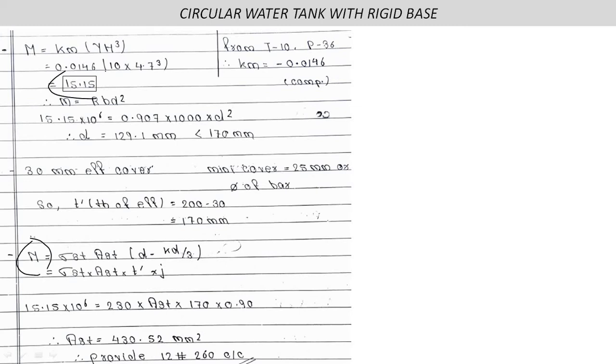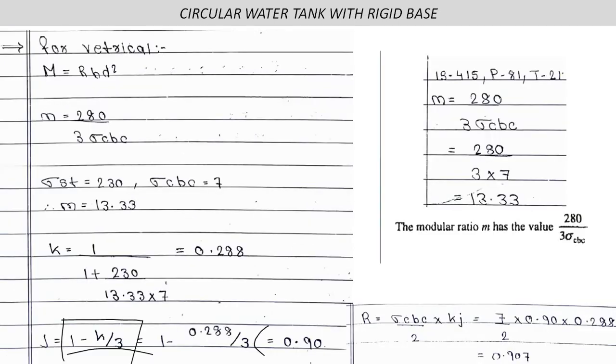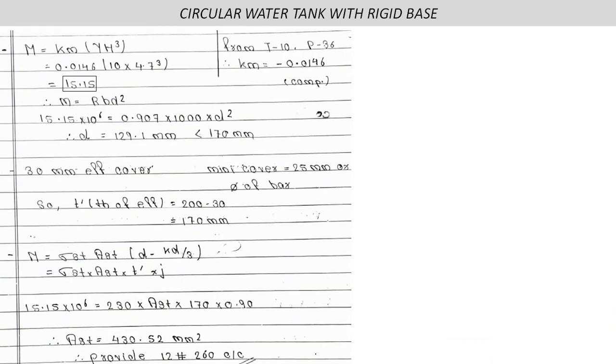So value of M is 15.15 into 10 raised to 6 Newton per mm square, which is equals to sigma st. The value of sigma st from the table of IS 3370 part 2, we will have as 230, and we have to find the capital AST by making it the subject. We also know the effective thickness as 170, we have calculated over here, and also the value of j. So the value of j is 0.90. By making the subject capital AST, we have found the value of capital AST as 430.52 mm square,